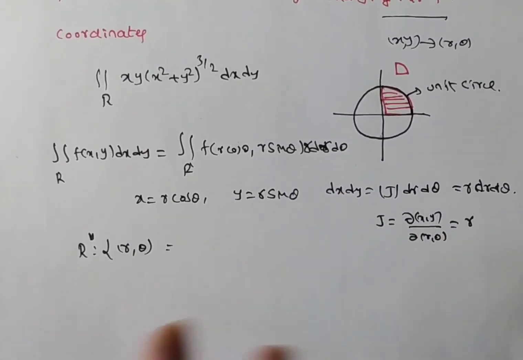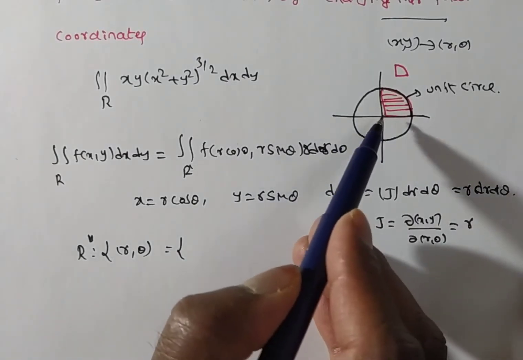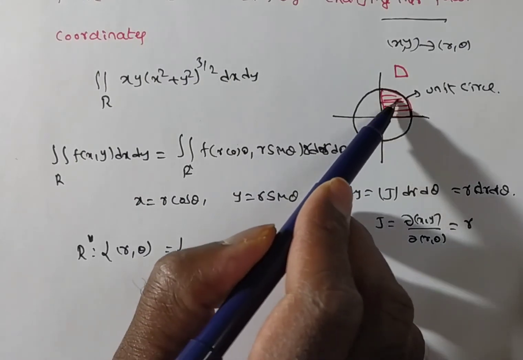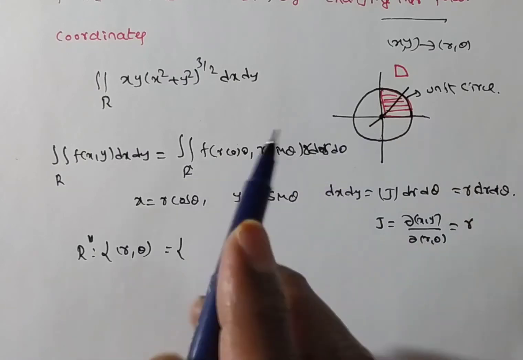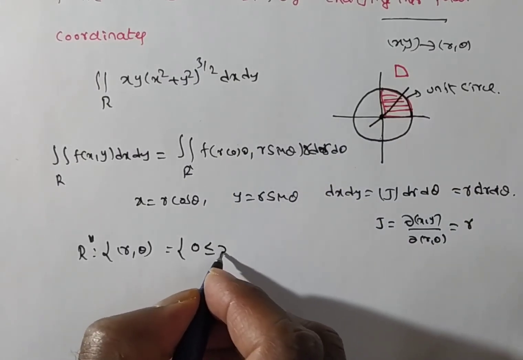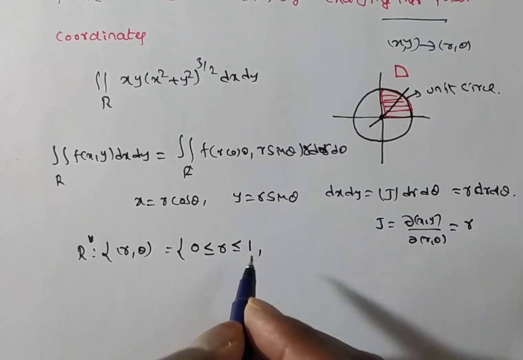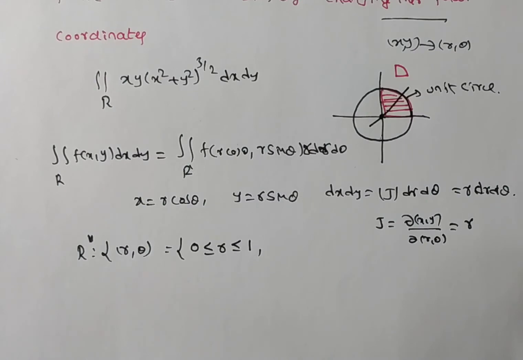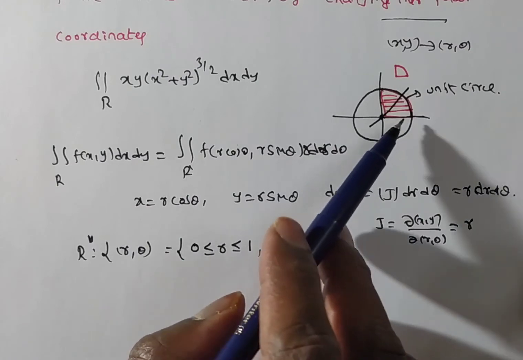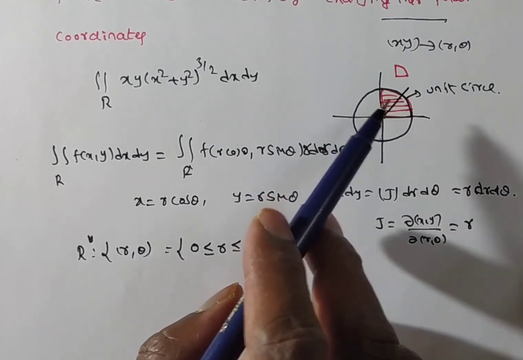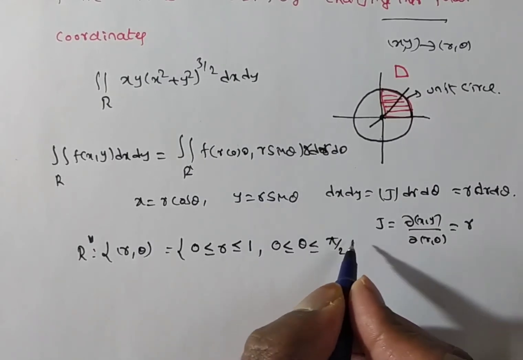Now you require the limits also. The region is in the first quadrant. If you want to know the r values, draw a strip like this along the line x is equal to y. The region touches the starting point at the origin, so r starts at 0 and ends at 1. So r is between 0 and 1, that is, 0 is less than or equal to r, which is less than or equal to 1. And for theta, observe the angle: the region occupies the first quadrant, so 0 is less than or equal to theta, which is less than or equal to pi by 2 only.